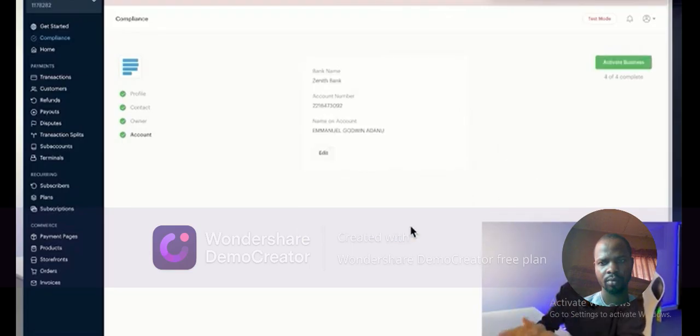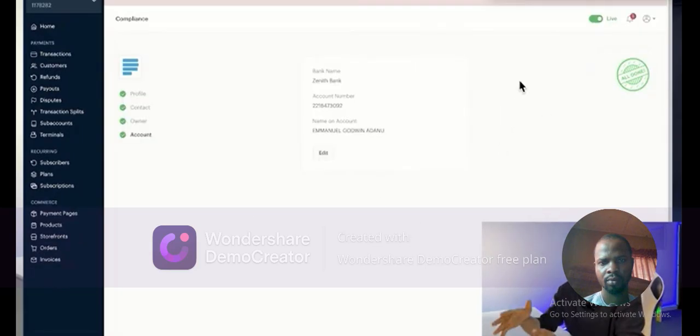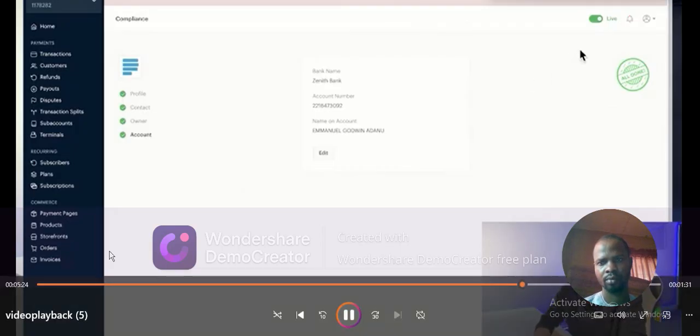So we are done entering all the required information. Now you can just go ahead and click on activate business. And with that, your KABSTACK account is now live and ready to start receiving payments. So you can see at the top right here, the toggle has changed from test to live. So we are good to start using this KABSTACK account